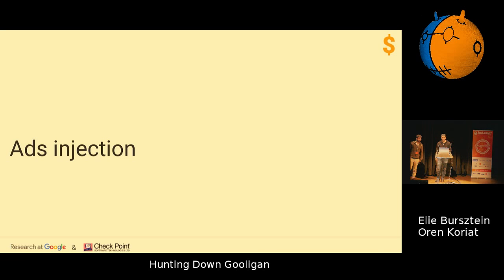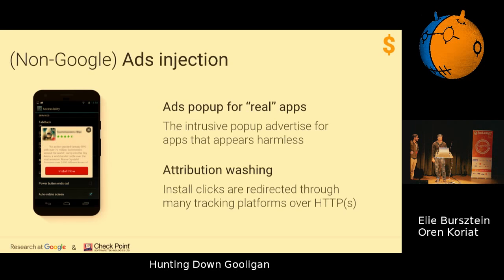We also observed in some of the samples ad injections. We still don't know which network it is, and I can explain why. This is what you see. So what happened is they abused the root privileges to insert themselves into accessibility, which allows you to overlay the UI with whatever you want. And what they were doing is popping up a real app. So the thing you see on the left side is a screenshot of a real phone where we actually tested the system and tried to see where it was going.